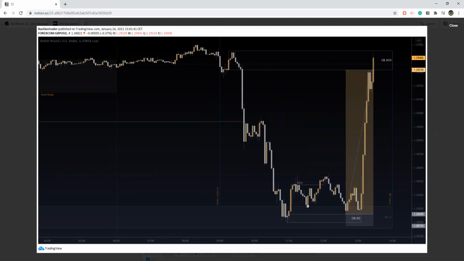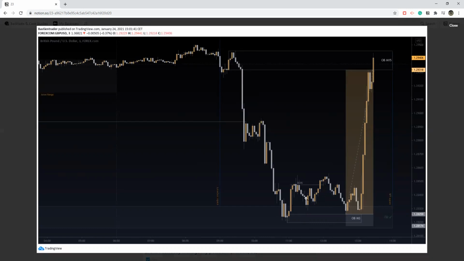Then we have a little pullback, little bits of double bottom right there, and a push above again to confirm. And then we have this. I really like this setup because there's a setup that I want to take. I don't want to see. So one of your setups, like from the shorts right there, you have a really quick break, quick retest, quick break, quick retest. This is always good to see this kind of structure, like a push, a pullback, and between your entry and